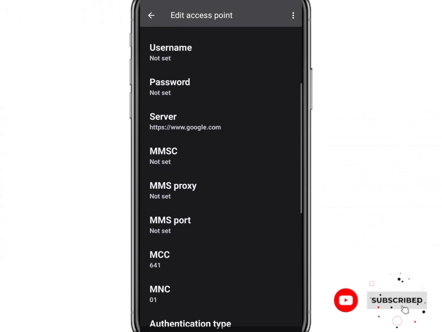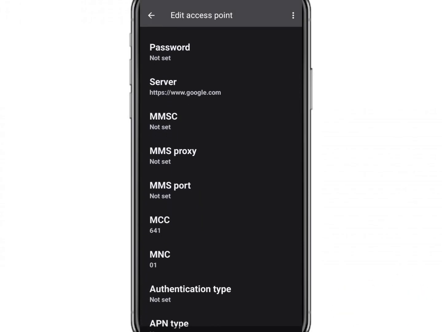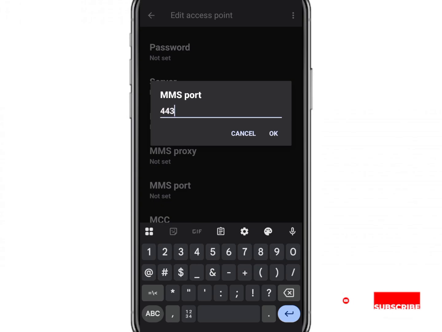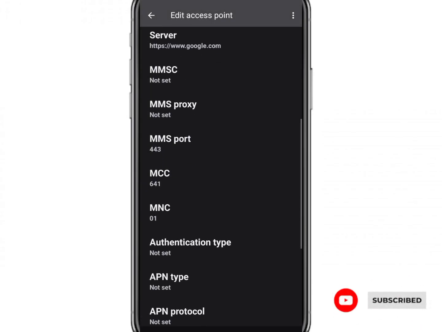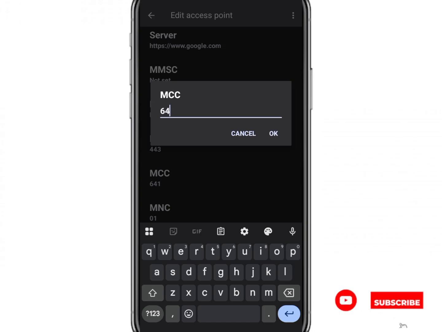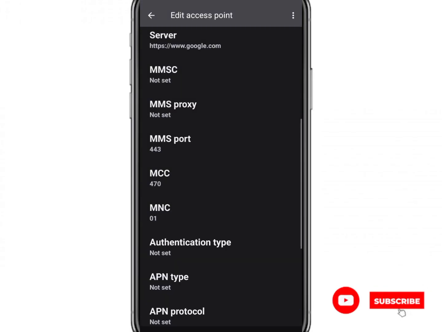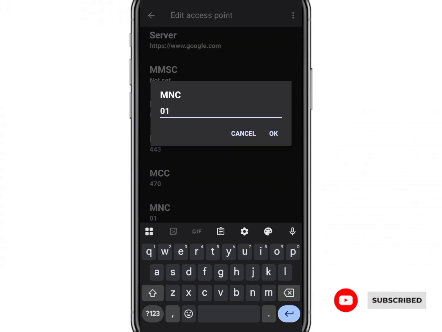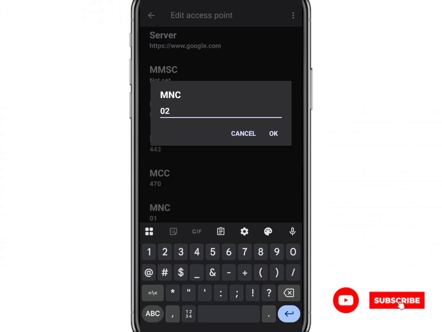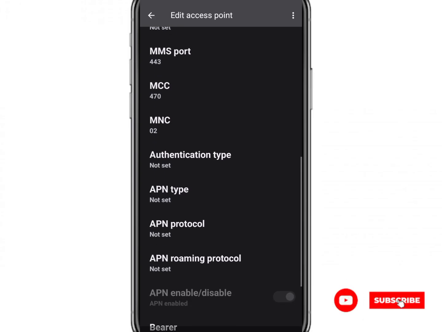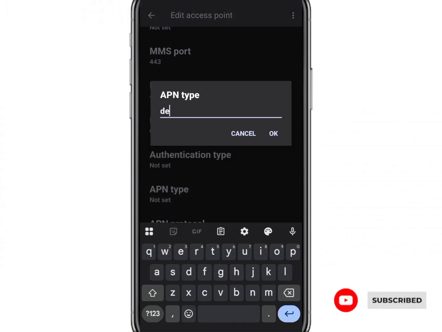and then the MMS, don't set the MMS proxy, don't set the MMS port, set it to 443. The MCC, 470. The MNC, 02. Authentication type, leave it unset. APN type, we're going to use default,